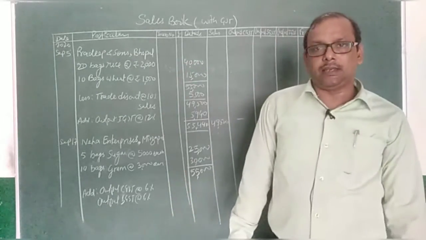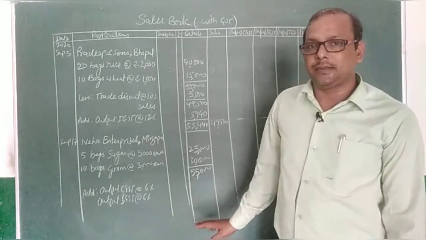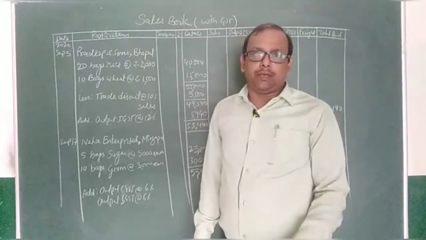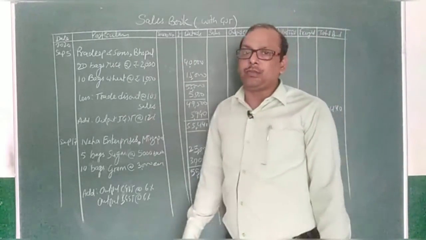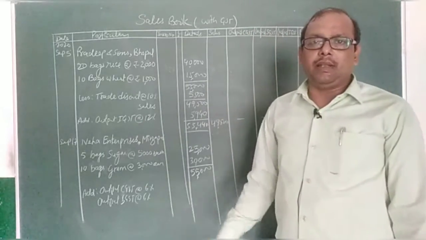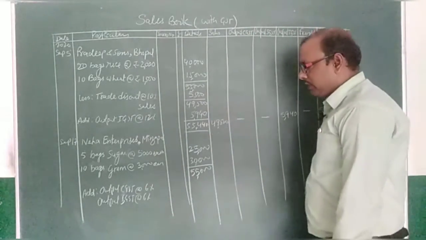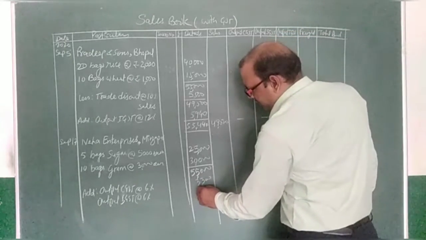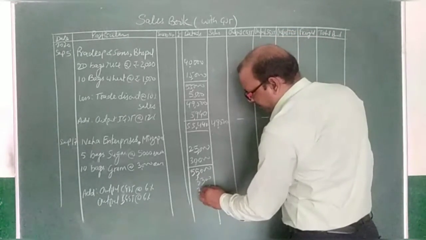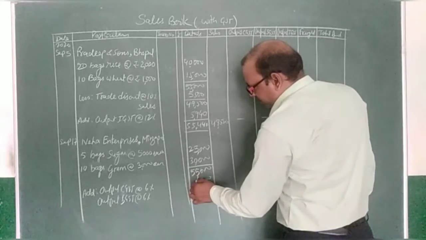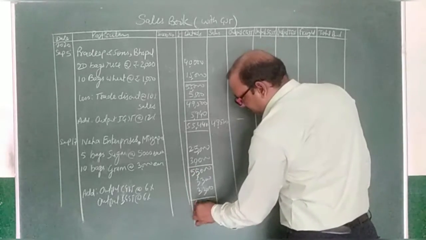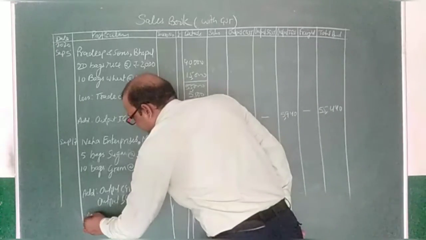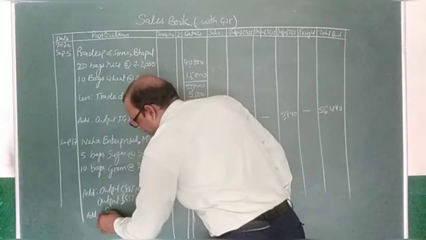But these are specimens only; if you are selling any type of product on which you have to charge GST, it will be prepared in this manner. That's why I have prepared it like this. In the previous class, in the purchase book, I took the example of furniture. Here I have taken the example of food grains. In another topic, I will take the example of another product. So let's see, 6% of it will be 3,300, total 55,000 plus 6,600, 61,600. After that, we have to add freight also.